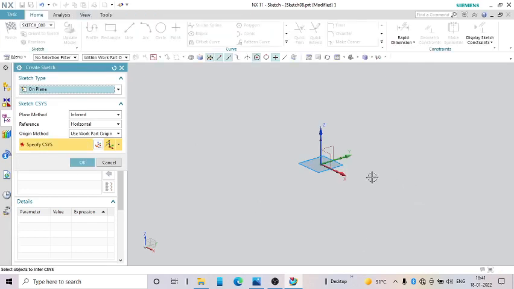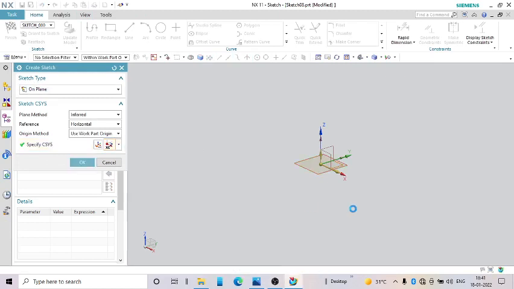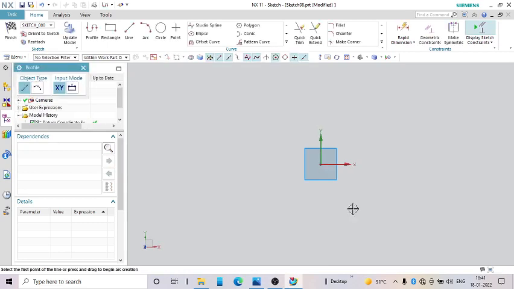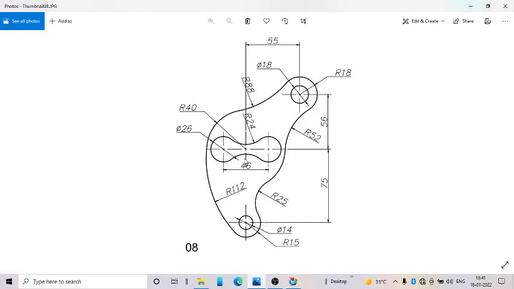Then select a plane, this plane, then OK. Now we will study the drawing here. So here if you look at this drawing, there is a R40, one circle is there, R40 or 2 curve. So let us draw 2 curve.